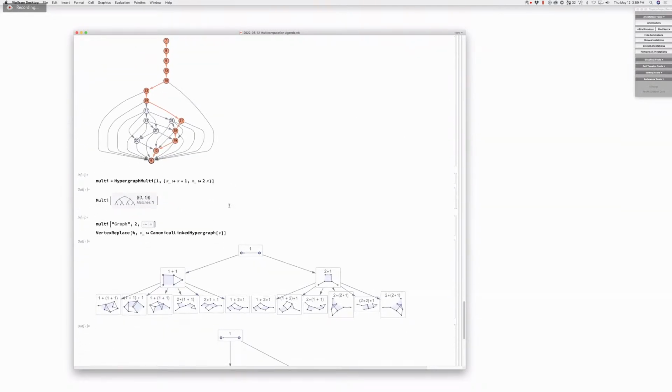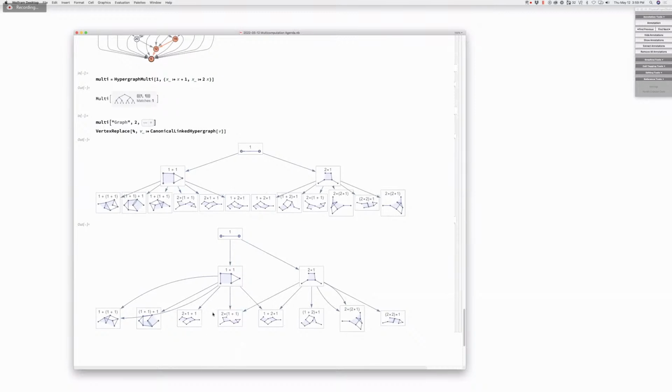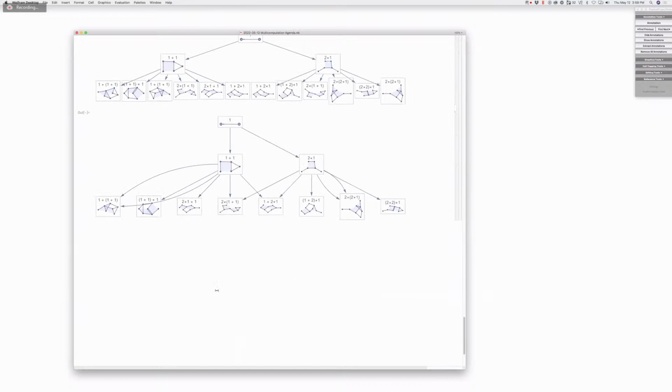What is this? X plus 1, 2x. So this is a numerical multi-way system. Yep. And this is showing how the expressions get built up, first as a tree, and then with recombination. All right. Deduplication.